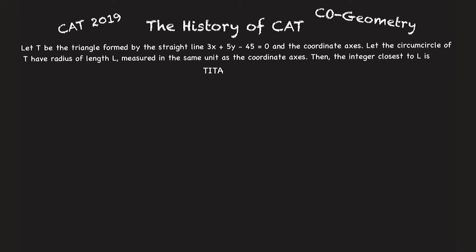What is being said here? Let T be the triangle formed by a straight line given by the equation 3x plus 5y minus 45 equals 0 and the coordinate axes, which means the triangle T will be a right angle triangle, because the x-axis, y-axis and this line will be forming the triangle. Let the circumcircle of T, which means the circle drawn outside this triangle,